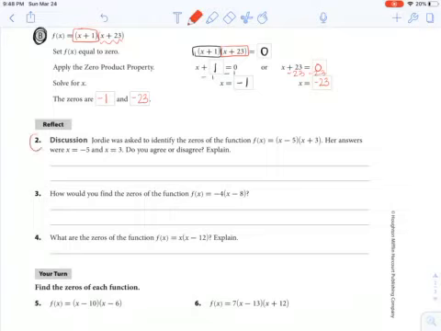So number 2, the discussion. Jordy was asked to identify the zeros of the function f of x equals the quantity of x minus 5 times the quantity of x plus 3. Her answers were x equals negative 5 and x equals 3. Do you agree or disagree? Well, if we go through and we set each part equal to 0, we know that x should equal a positive 5 and x should equal a negative 3. And so we would say we disagree